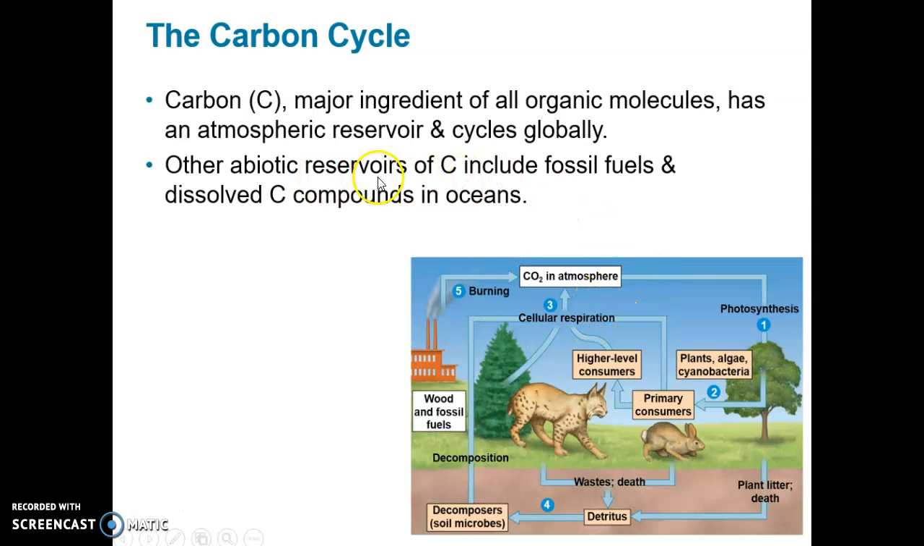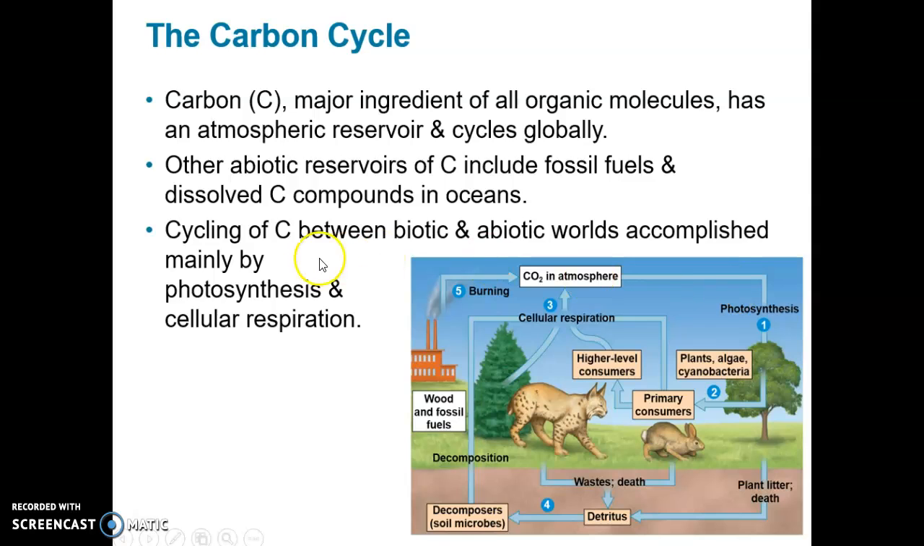Other abiotic reservoirs of carbon include fossil fuels and dissolved carbon compounds in the oceans, which isn't shown in this figure. The cycling of carbon between the biotic and the abiotic worlds is accomplished mainly by photosynthesis. Notice carbon enters into the biotic realm via photosynthesis by the photosynthetic organisms, transfers through primary consumers by consumption, the herbivores, transfers to secondary consumers, predators, by consumption of the herbivores,